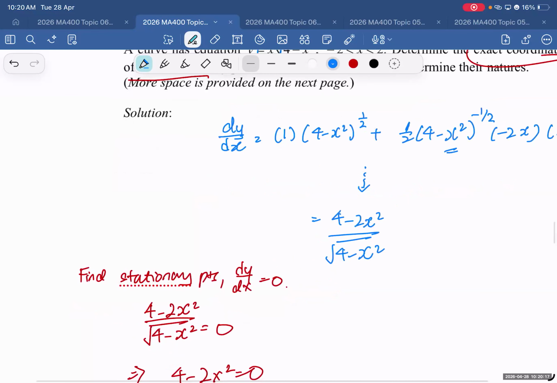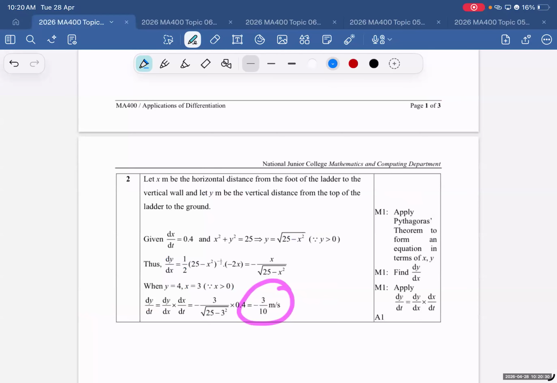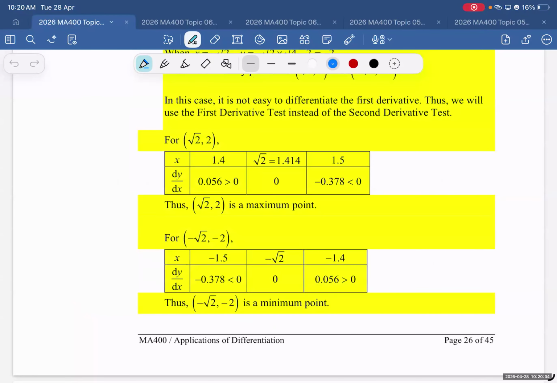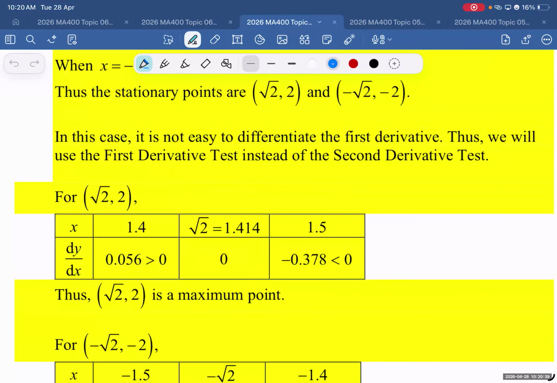Now once you go through the pain, wow, look at this. I have used up 1.5 pages. I still can't find my second derivative. Worse still, I don't even know if my second derivative is correct. So precisely, whatever I said to you face to face is right here. In this case, it is not easy to differentiate the first derivative. This is another advantage of knowing the first derivative test. 对吗？对吗？